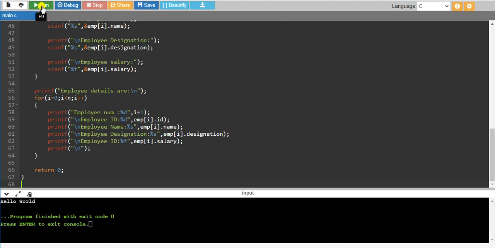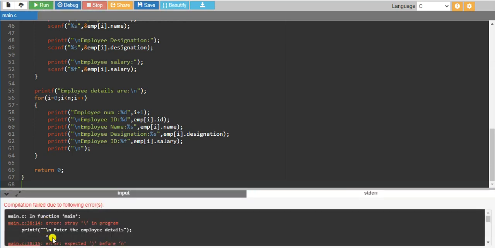And one more thing, I'm making use of an online compiler. So either you can use these online compilers, or you can go for terminals using Fedora or Ubuntu operating systems. Here I'm making use of an online compiler for running these programs. So click on the run button to run this program.